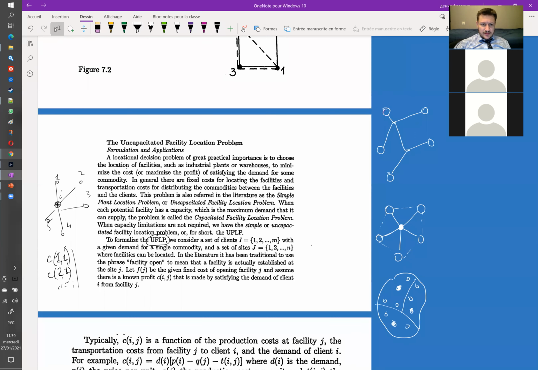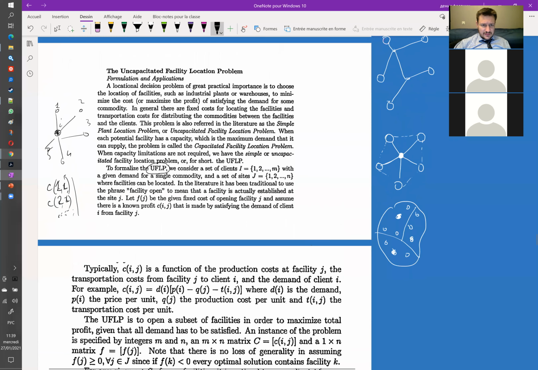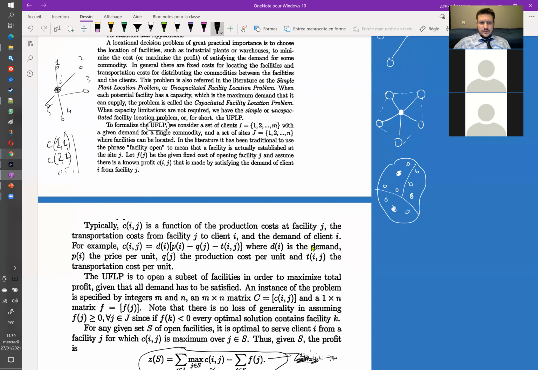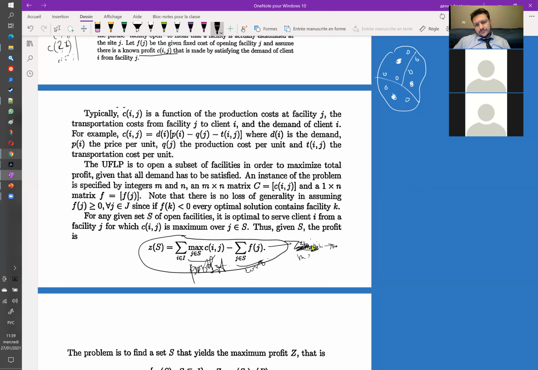Okay. It's the cost of opening a facility. Okay, and C, oh, it's a profit. Sorry, it's a profit here. Profit here. Again, here profit. And we want to maximize it. Sorry, I was talking about costs here. That C is cost. I'm sorry, so it's not cost. It's just a profit. But we, of course, we can